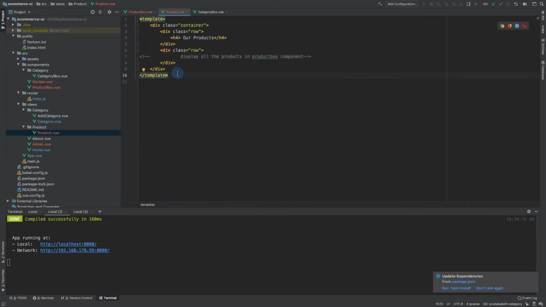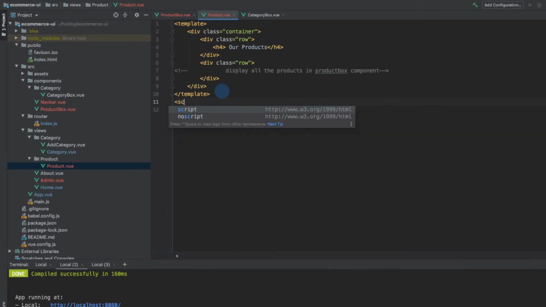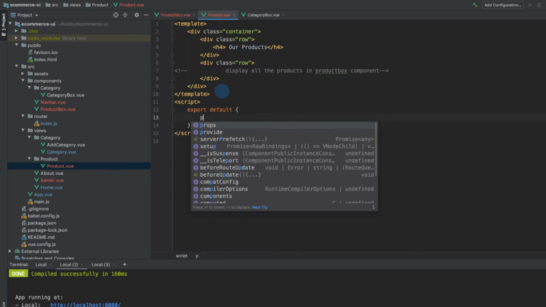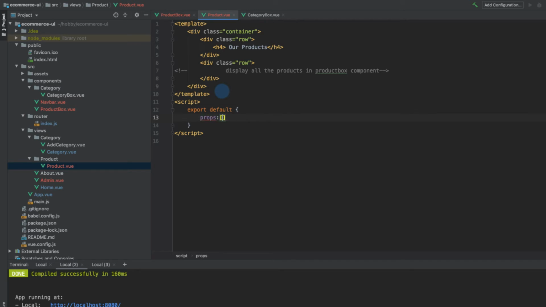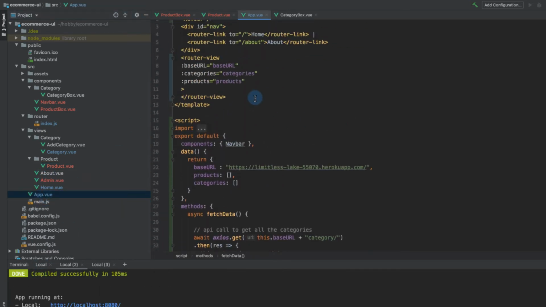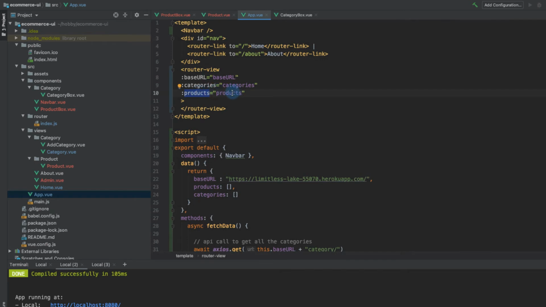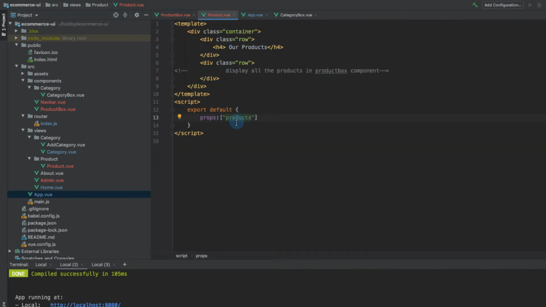and we can first get all the products. So script and export default, and props will be products. So that will come from the app.view, right? Because the products are here, so we'll get the prop here and it will come here. And in this row, we'll display the products one by one. So let's also import the product box and